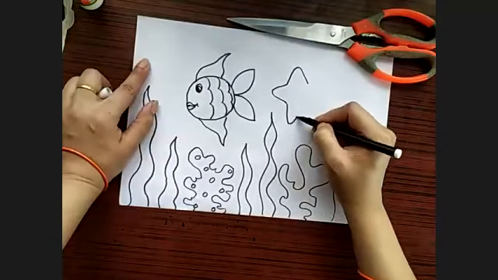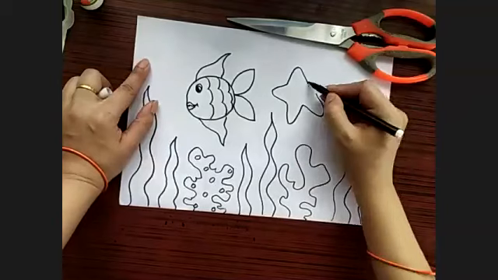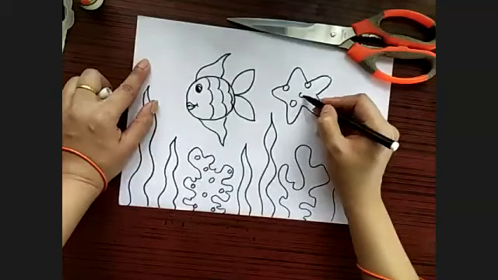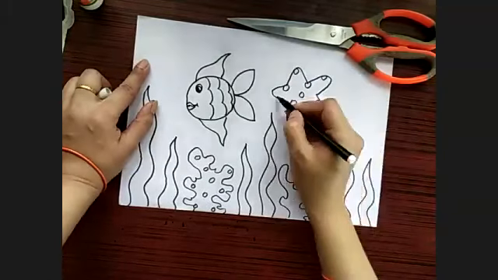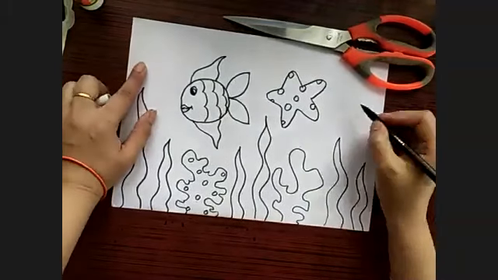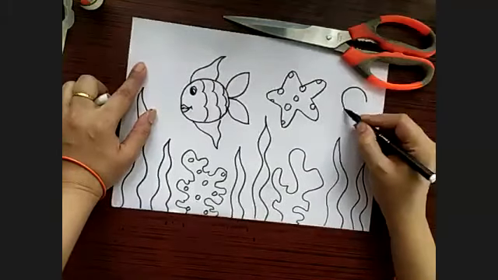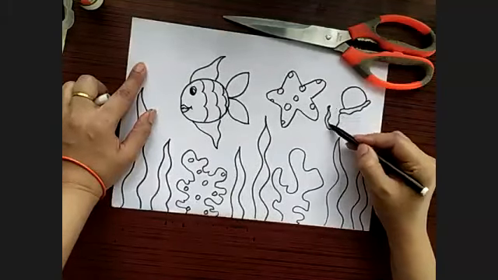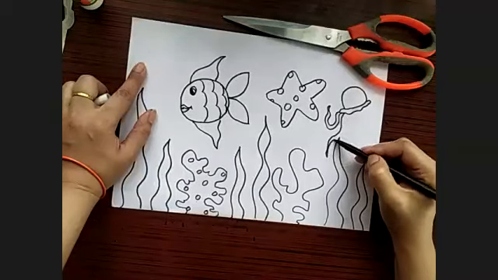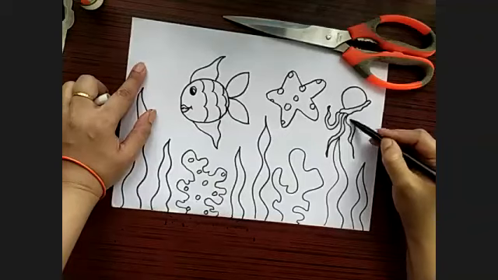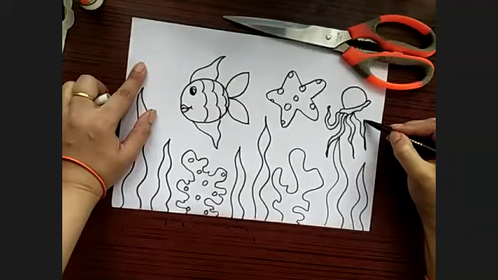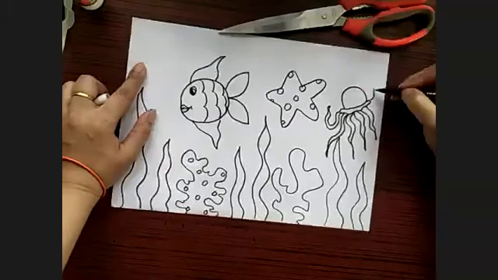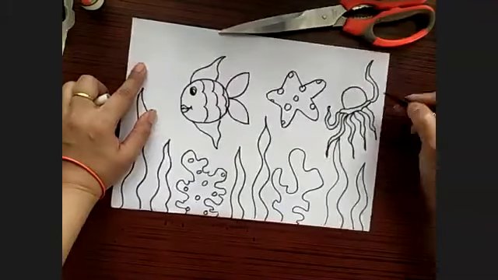And see, starfish, and maybe some pattern on this body. Okay, maybe jellyfish. Yes, it's also nice. See, drawing is coloring. I think you can do it on your own. Okay. Seahorse or whatever you want to add.